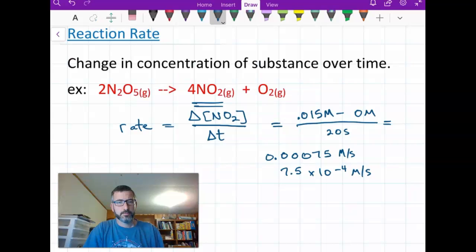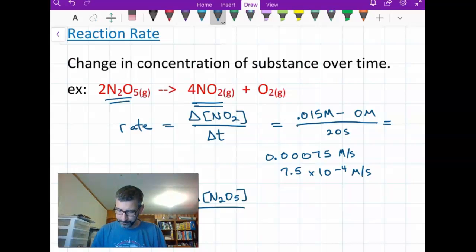We could also express it in terms of the reactant. So the reactant, though, is disappearing. So what you would say there is, if I was to express the rate of the reaction in terms of the change in N2O5, because it's a reactant, it's going from a higher down to a lower concentration. So the rate of the reaction could also be expressed as the negative of the change in concentration of N2O5 over time. And again, that's just because,